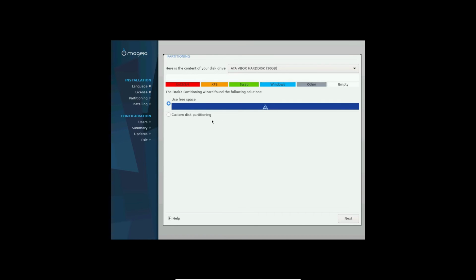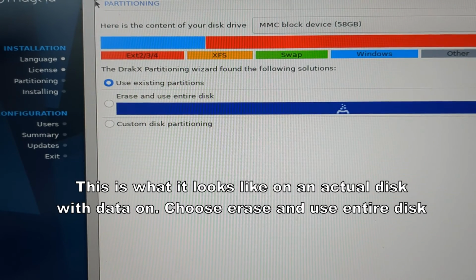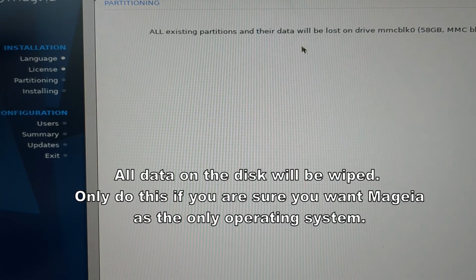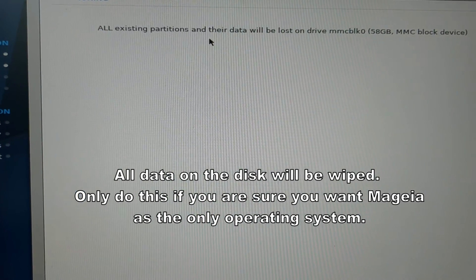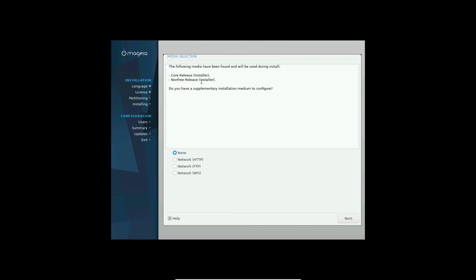And then you choose a new drive. Now if you've got something already on the drive, it'll give you multiple options like use existing, but you want to use the entire disk. So in this case I'm going to go for use free space. And this is the media it's going to install. You can choose other ones if you want to do it over the network, but I'm going to leave that at none. Click next,